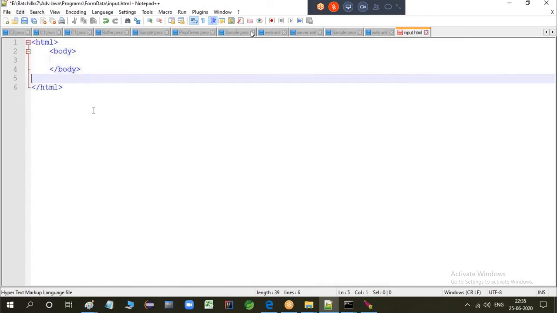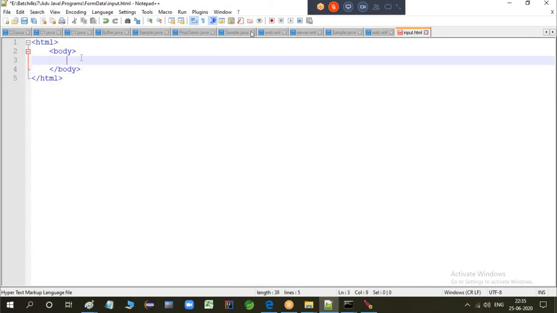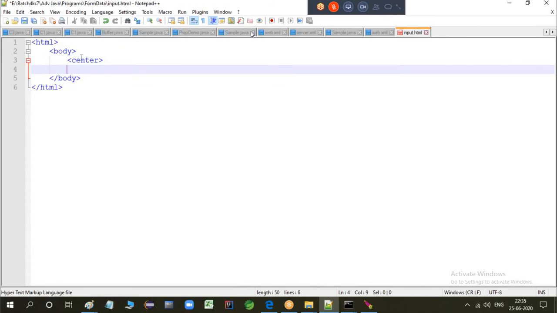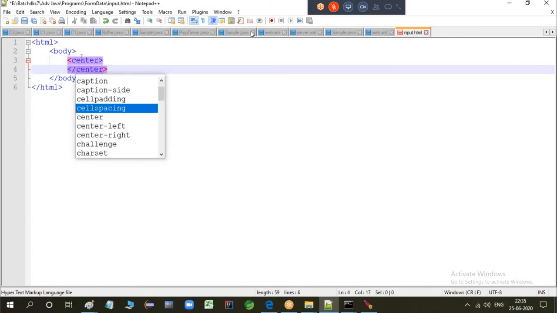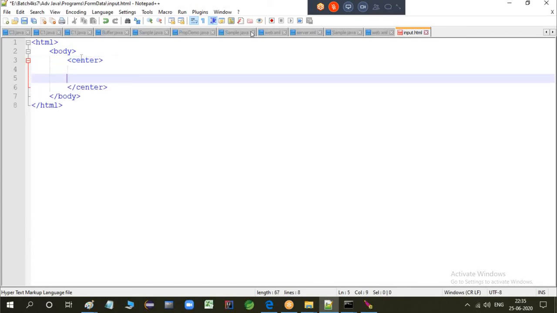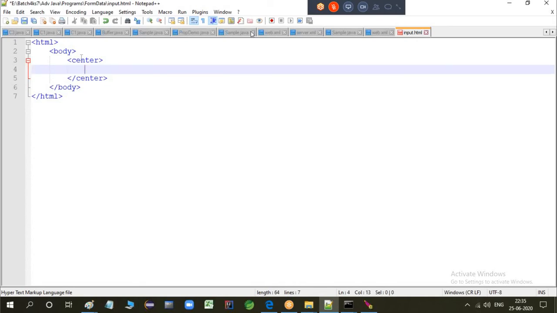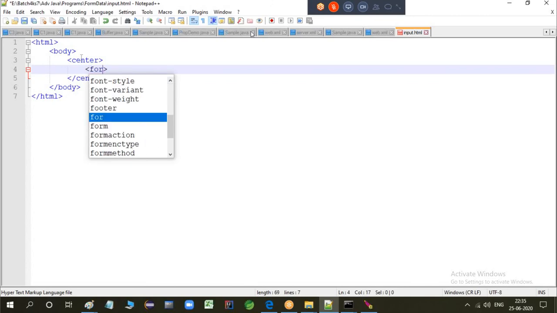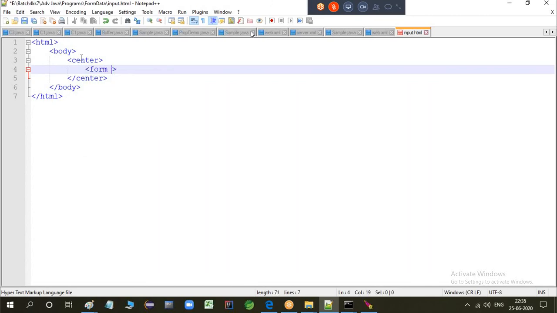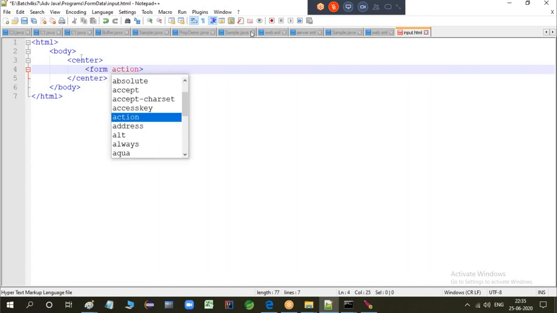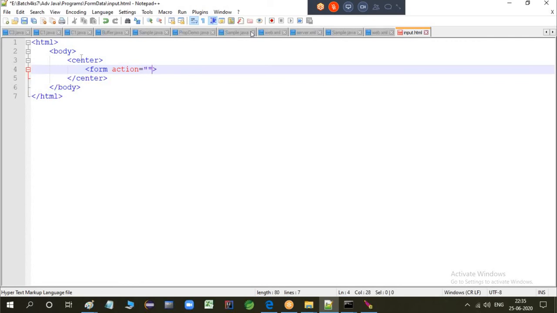Okay, HTML inside the body, in the web page you wanted to give, and if you wanted to display in the center, you can give the center tag. Okay, now there has to be some action tag. There will be some action tag, what type of form you're giving and what action you're taking.